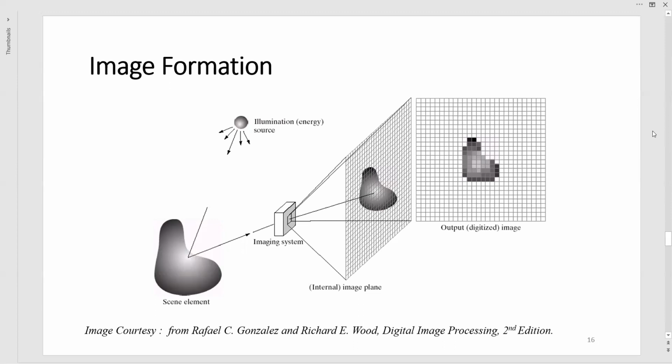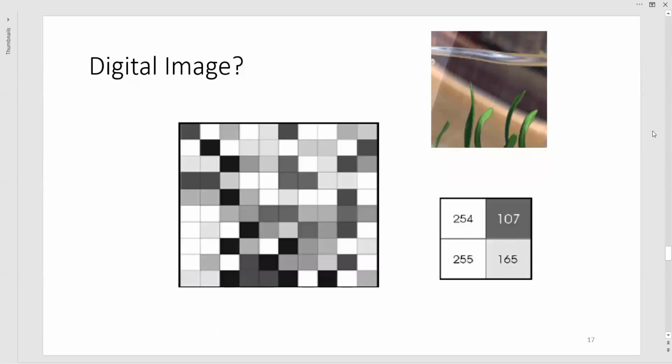How it takes the image in the normal plane and how it digitizes at the output side, such that we can save and store and have them for future or further processing for our applications. This is how the digital image looks like. As in the very first video of basics of image processing, we said a grayscale image has pixel values. You can see pixel values like 254. How can we show the pixel values?